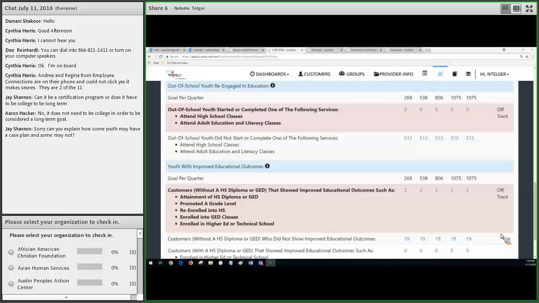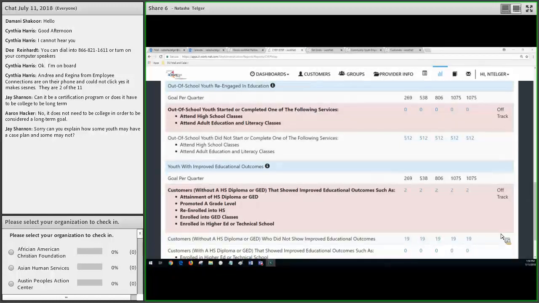So that's up to you to ensure that the youth have got the case plan in there. But it is possible that you're going to have youth that you don't put a case plan on. And of those, I know I mentioned, and maybe this is where this is coming from, I said, if those youth don't have a case plan, then we're not going to consider them in the following performance measure of completing the case plan goals. So for example, we say that the standard acceptable performance is that 80% of